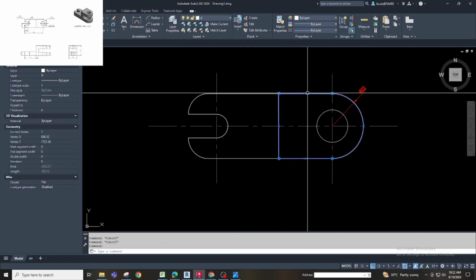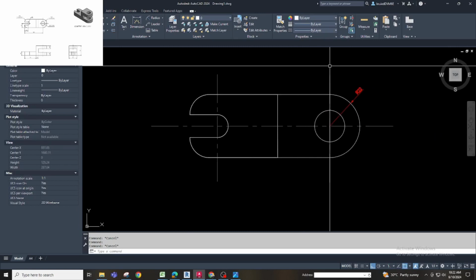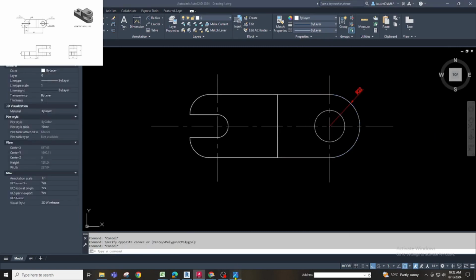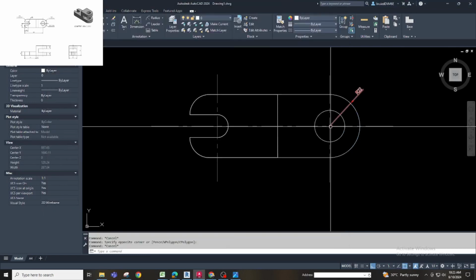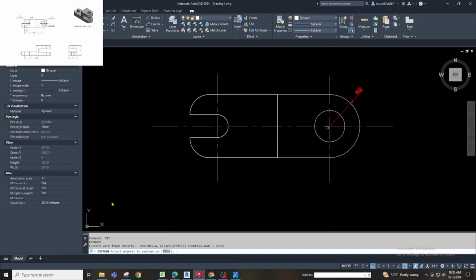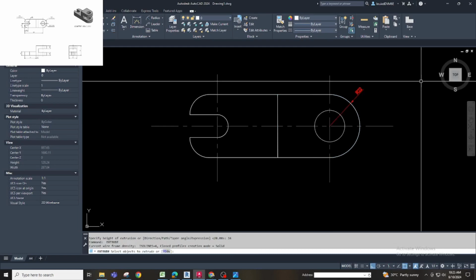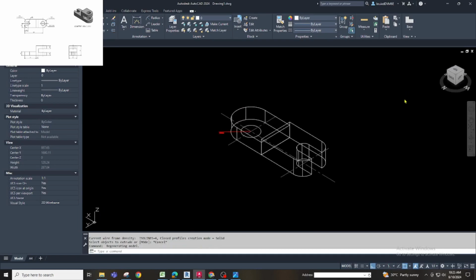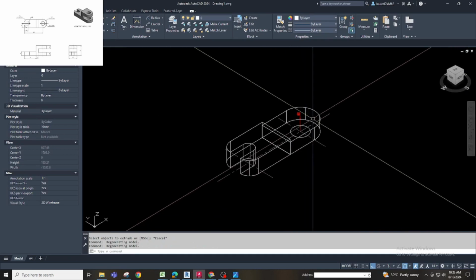Now you have a joined line, a polyline. Next you will extrude this by 16. Select this one, 16. What is the extruded height? It's 16. So now you have this part extruded.